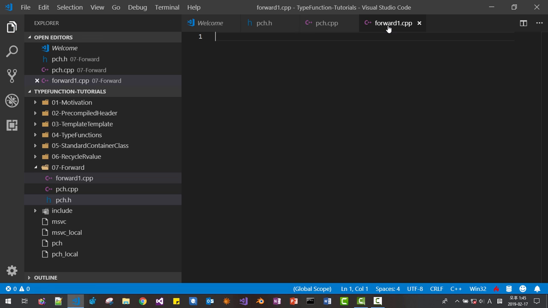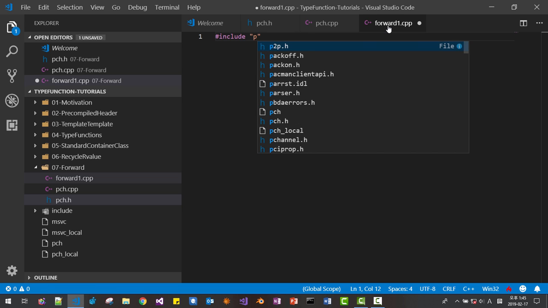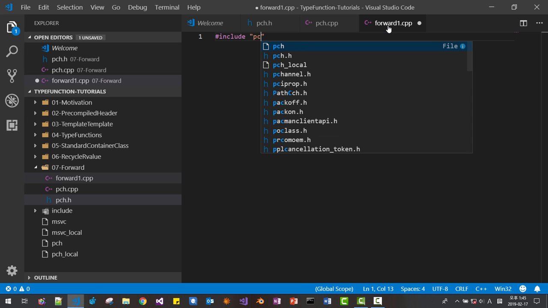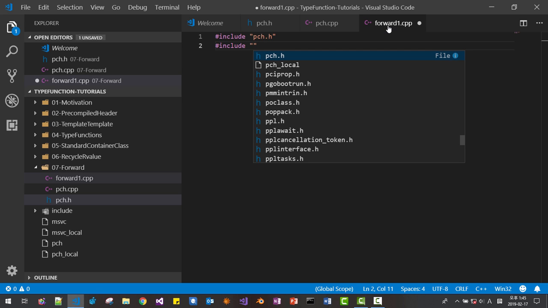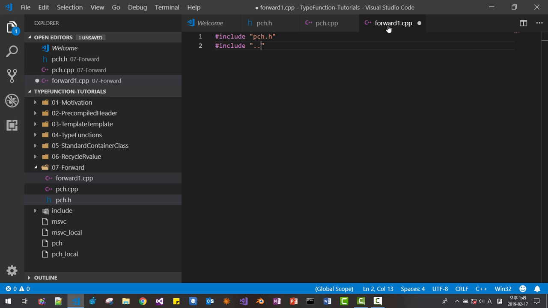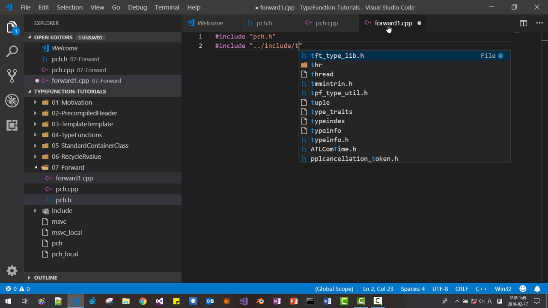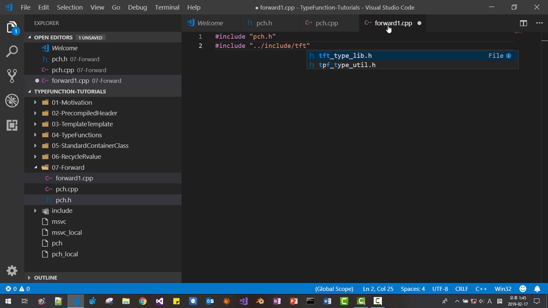This forward file includes pch.h and includes type function tutorial.h. Okay,